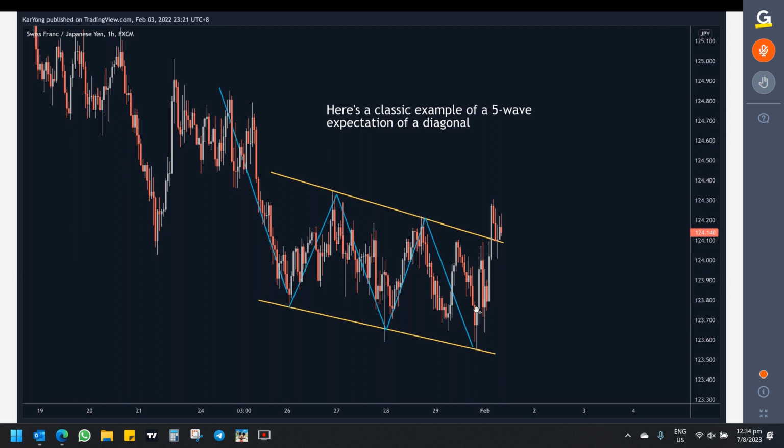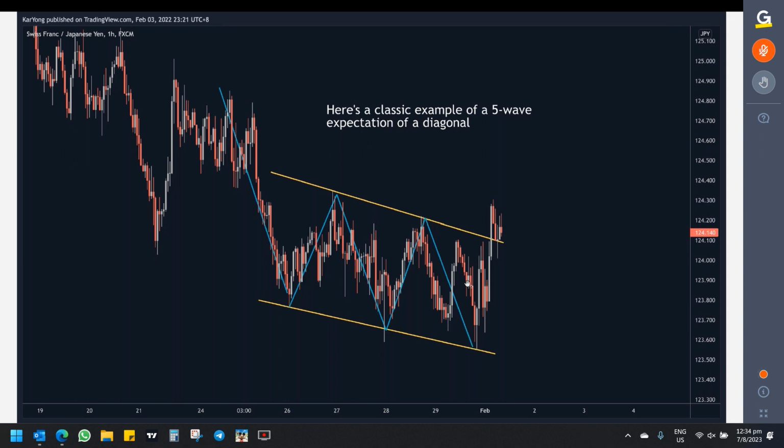Okay, so when we go into the details of a crawl, you can see over here we have 5 swings, right? 1 down, which is a fast move, 2, 3, 4, 5. And once its 5 wave is done, there's a very good chance this diagonal, this crawl pattern, is ready to reverse. That's where I'll take our very first move. Now, this is an important expectation because you don't want to be buying here. You don't want to be buying here because if the market, as I mentioned, continues to consolidate and just move very, very slowly in a range,